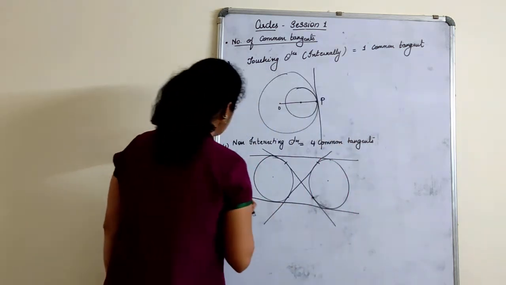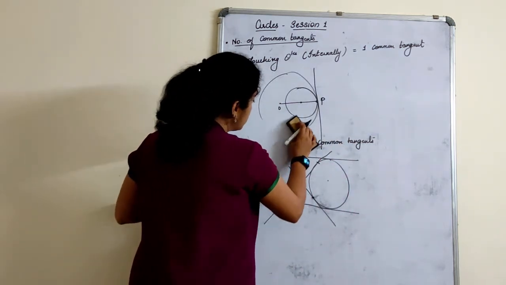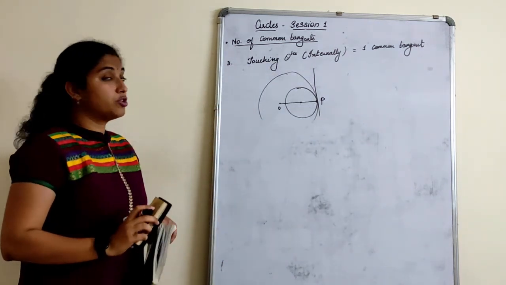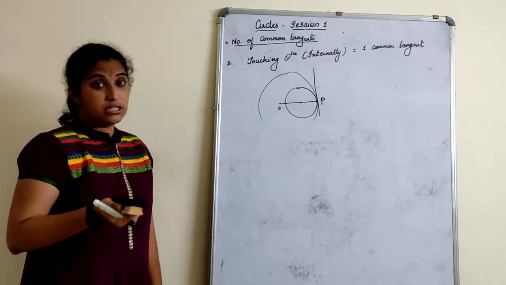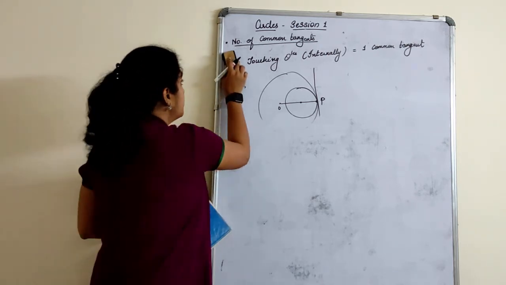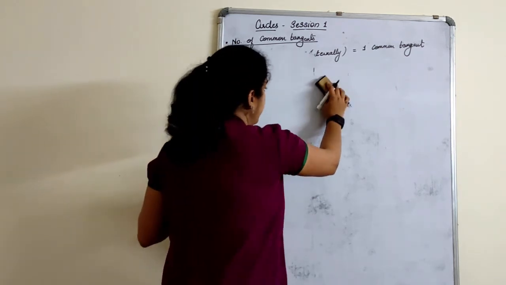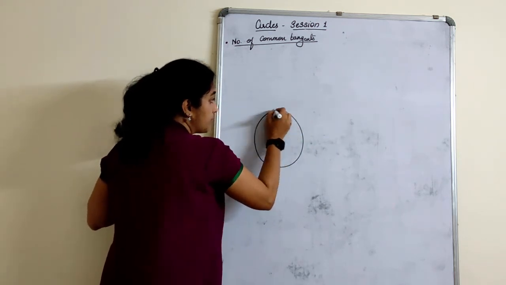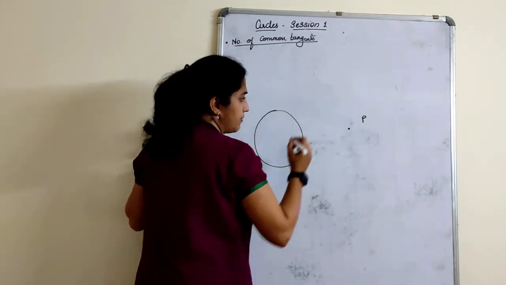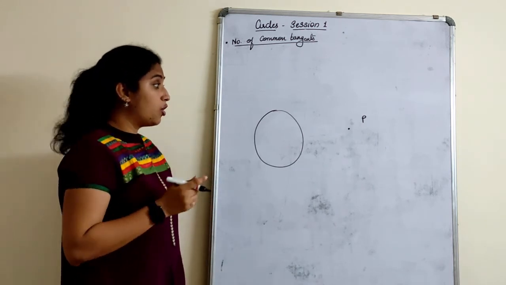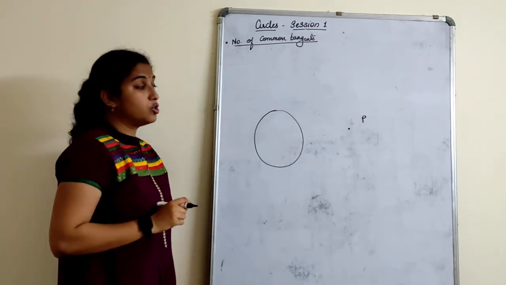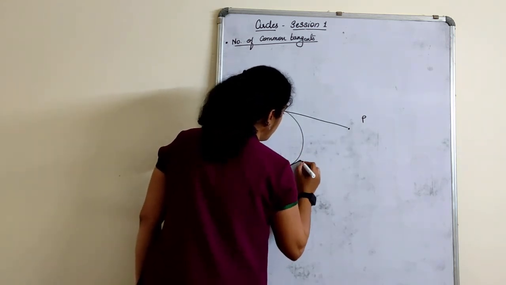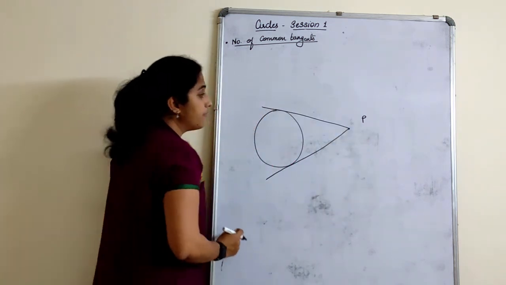Now, the next thing is, if an external point is given to a circle. Now, only this much you are supposed to write in your notebook. That is, number of common tangents, and write down all these 4 that I have given. Right? Now, the only concept I will explain to you, we will do that in tomorrow's session. Suppose a circle is given and one external point P is given, how many tangents can you draw from an external point to a circle? We can draw 2 equal tangents from an external point given to a circle.